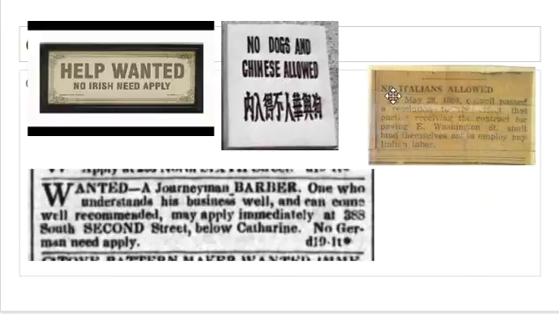Here's an ad for a job, and right here, it's hard to see, but it says no Italians allowed, so Italian people were discriminated against. And here's an ad as well right here. They're looking for a barber, someone who cuts hair, and they're telling people to apply. But if you look down here, it says no German need apply. So they didn't want anybody from Germany. So there was a lot of resentment towards immigrants in parts of the United States.